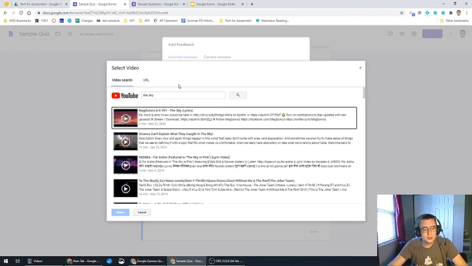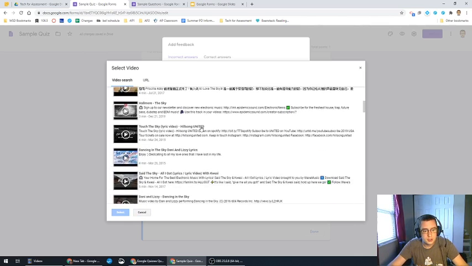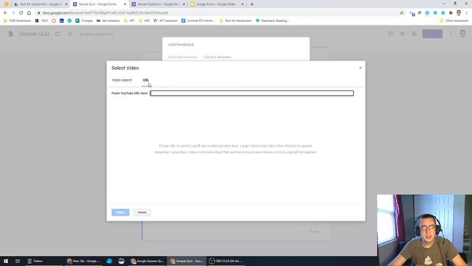and it'll search through, and all of these options, none of these are what we want because it's super basic, but basically if you were to type in the sky on YouTube, these are all the search options that'll pop up. An easier way to do it is to actually search on YouTube and then copy and paste the URL into there. Once you've done that, just hit select,